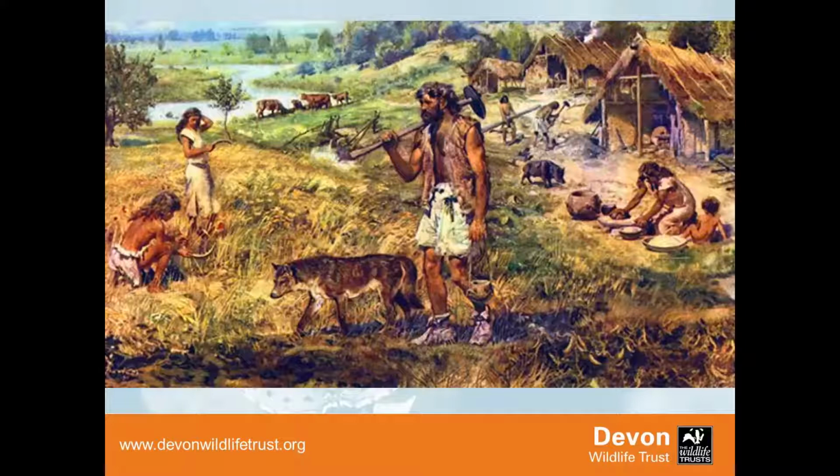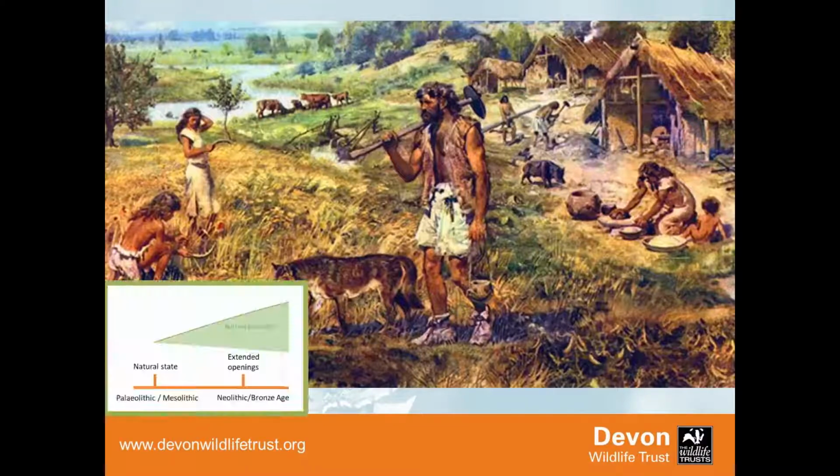Obviously, as settlements arrived, you're getting arable land cut out of that area as well. And really that pattern carries on through the Bronze Age and into Roman times. You've lost most of the woodland at that point, and actually our grassland levels are almost as high as they will get. So they're the natural grasslands, not really that altered, maybe some slight alteration from increased grazing, but broadly quite a natural system, expanded because of woodland clearance.